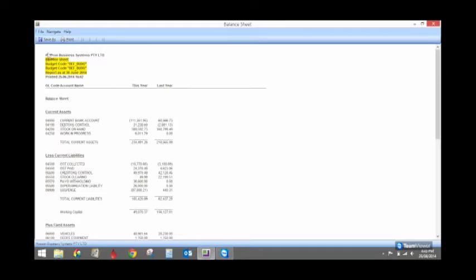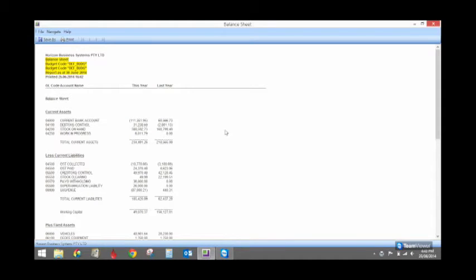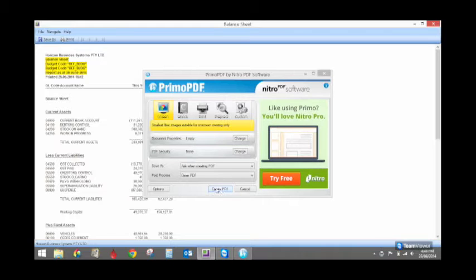So let's start with the balance sheet. Now, just to be more efficient, I didn't do this this morning, but it'll save time for us now. I'm actually going to print the balance sheet to PDF, because what I found was